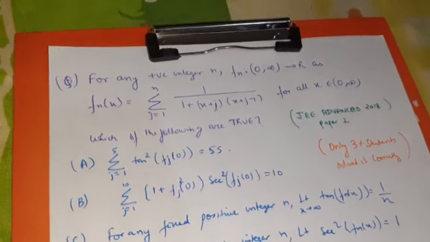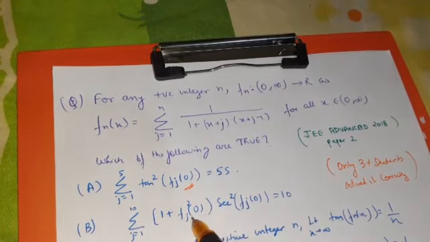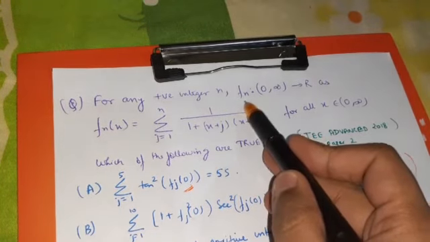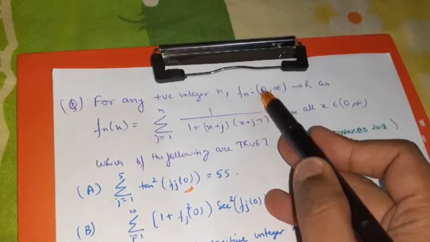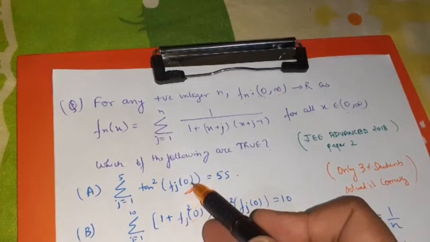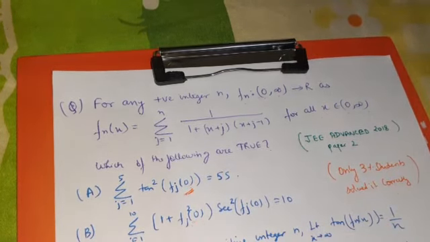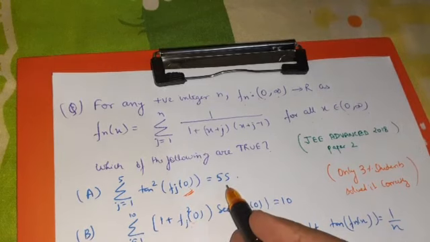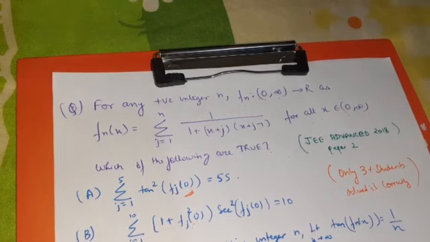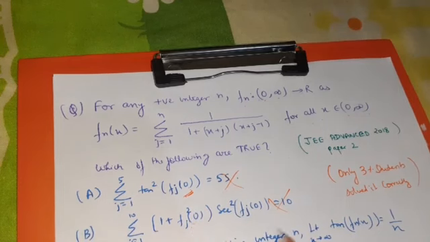Okay, what is the problem here? As you can see here, you are putting 0 inside the function, and here also we are putting 0 inside the function. But what is given to us? That fn is defined on the open interval 0 to infinity, for all x in the open interval. What are you putting here? 0, 0. So for 0, this function is not defined. And you will also get the answer as 55. This is the trick that the IIT question paper plays with you. It plays with your emotions. So these two options are straight away wrong. Why? Because 0 is not in the domain.